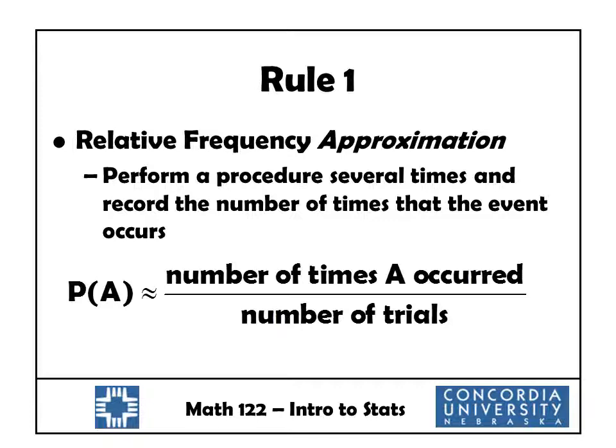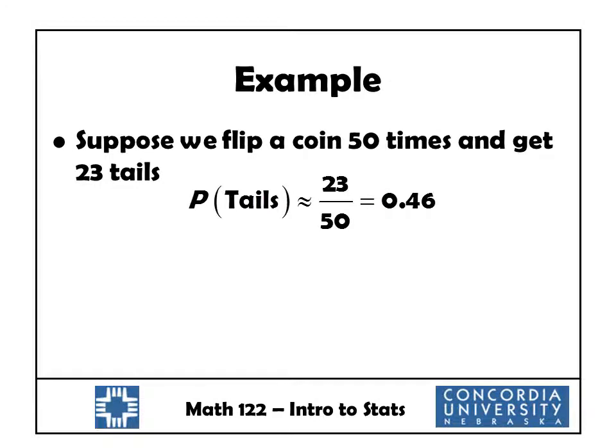Some other books may describe this as the number of successes divided by the number of trials. A success just means that we observed event A. Okay. So suppose we flip a coin 50 times and get 23 tails. Here our procedure is we flip a coin, and we're going to repeat this several times, in this case 50 times, and I observed the event of tails 23 times. So according to Rule 1, the probability of tails is approximately 23 divided by 50,